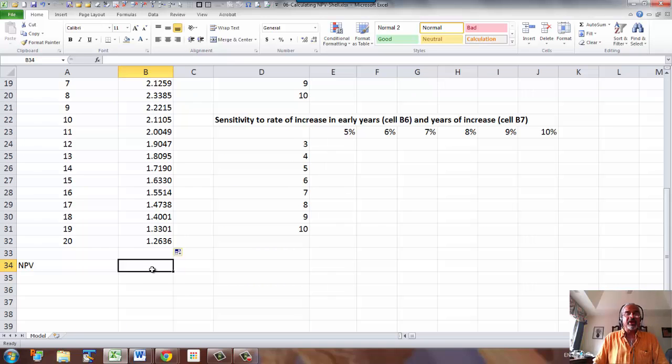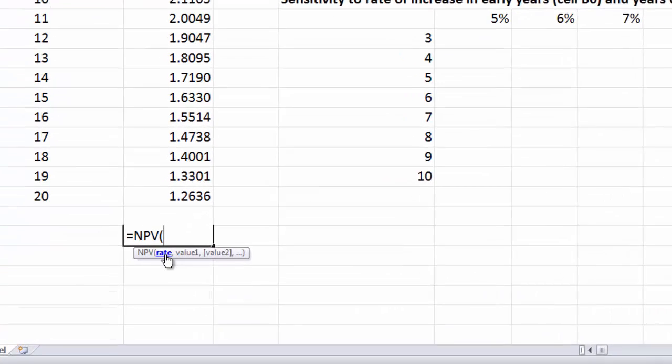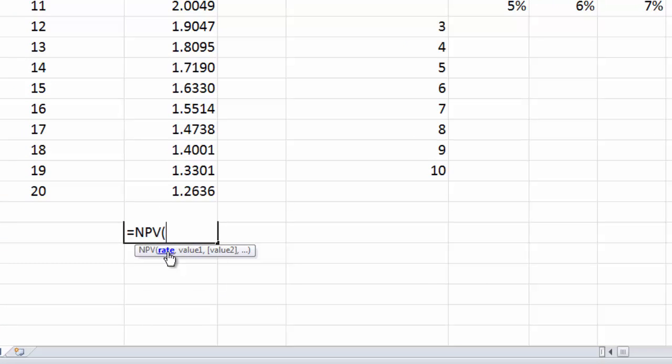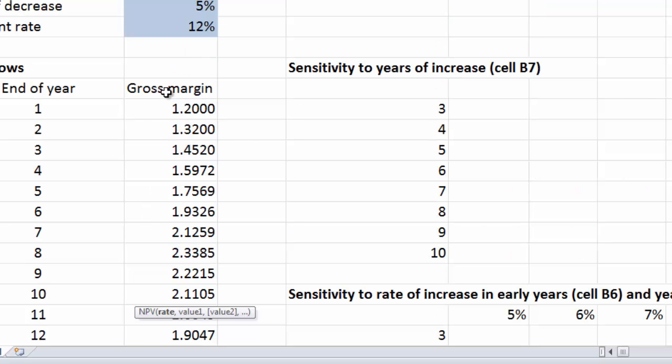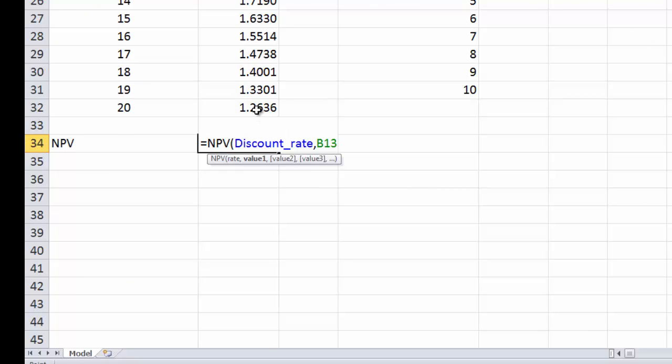The net present value then is, so that is a function in Excel, net present value. The first item is rate, so that will be the discount rate. The second is gross margin, the values. Okay, so we have the gross margin values.